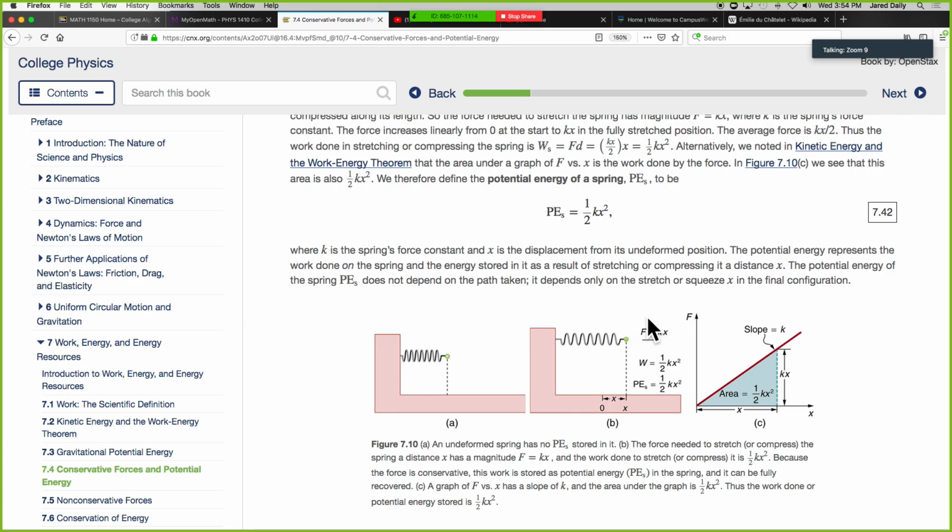Well, we know that the force that a spring exerts is directly proportional to the distance that you stretch it or compress it. And that ends up giving us a force distance diagram that looks like this. And as we said before, the amount of energy or work done is equivalent to the area under a force distance diagram. And this is a triangle. So the area under a triangle is 1/2 times the base. The base is x, times the height. And the height in this case is k times x